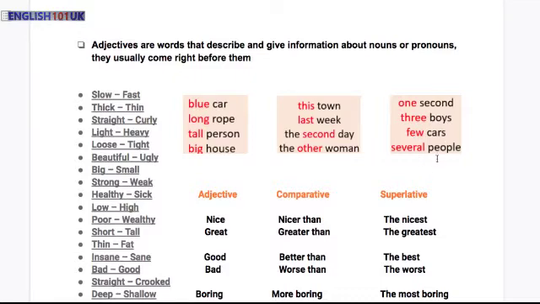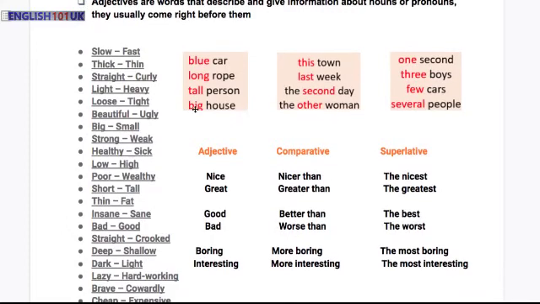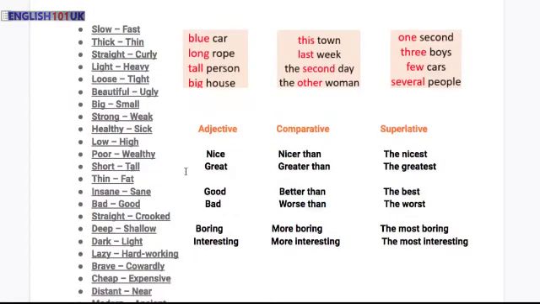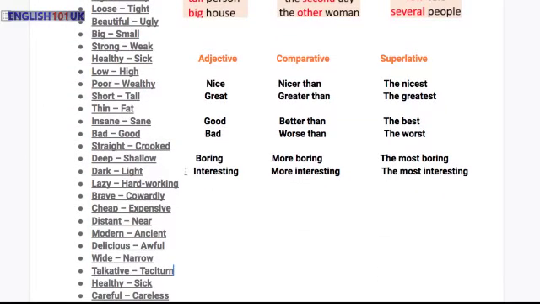We have some of these adjectives here with their opposites. For example, the first one is slow, the opposite of course is fast, thick, thin, straight, curly, light, heavy, loose, tight, beautiful, ugly, big, small, strong, weak, healthy, sick, low, high, poor, wealthy, short, tall, thin, fat, insane, sane, bad, good, straight, crooked, deep, shallow, dark, light, lazy, hardworking, brave,